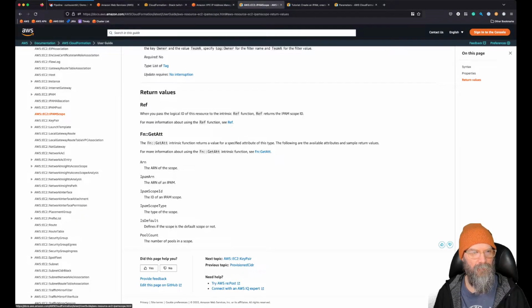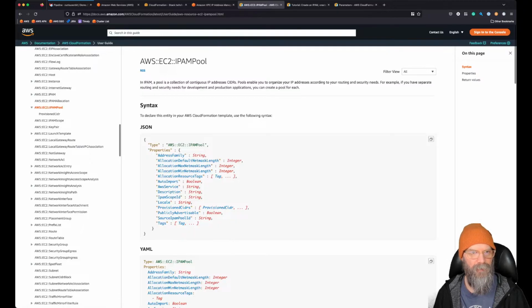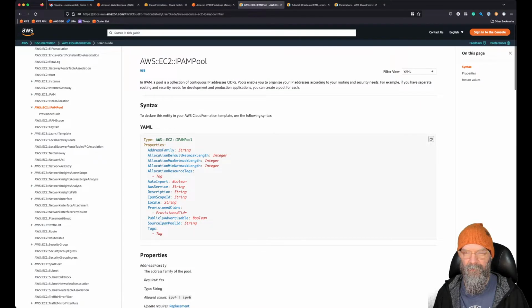All right, so there's our scope. The next thing is a pool, and this is where we assign the IP range that we want to associate, I'm assuming, to our scope. So let's see here. A pool is a collection of contiguous IP addresses. Pools enable you to organize your IP addresses according to routing and security needs. For example, if you have a separate routing and security need for development and production, you create a pool for each. Makes sense. So why don't we do,